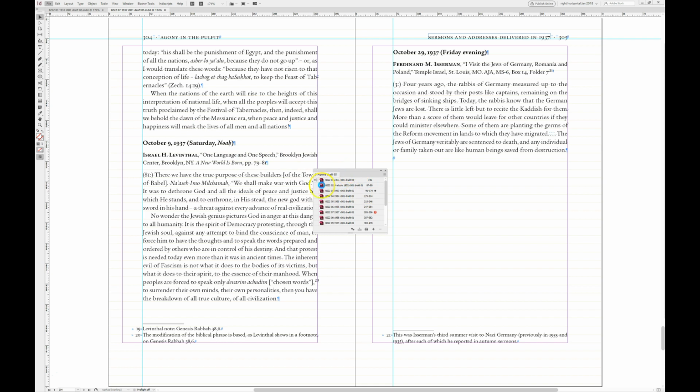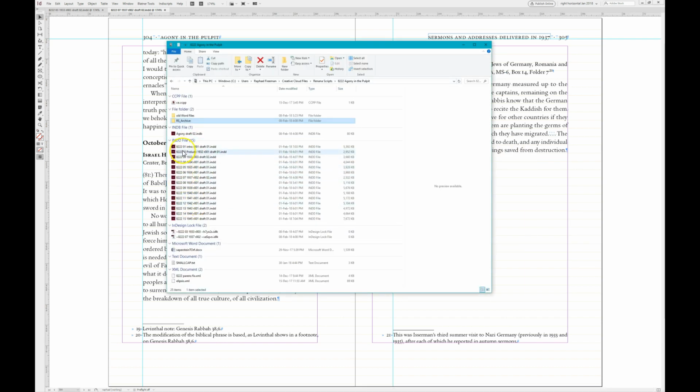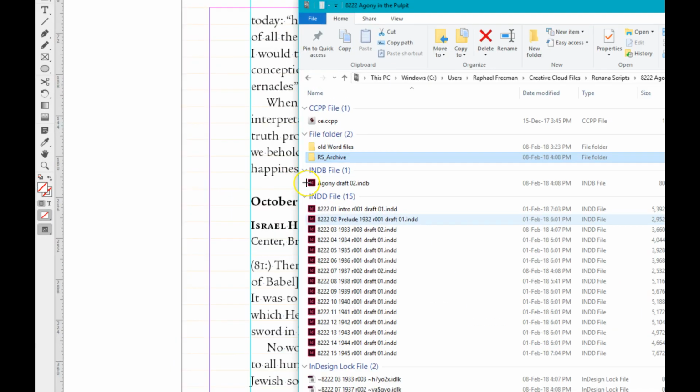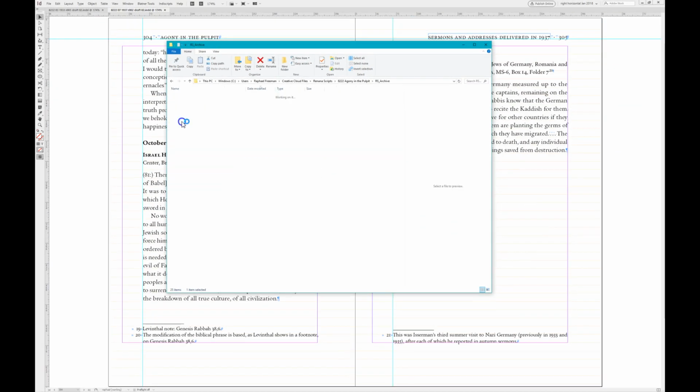Again, it takes a little bit of time to update the whole book, but you don't have to do anything. It's all been done for you. You don't have to replace the files one by one. And go back here, still, there are only 15 files. And if we now go into our archive folder, we see the previous versions.